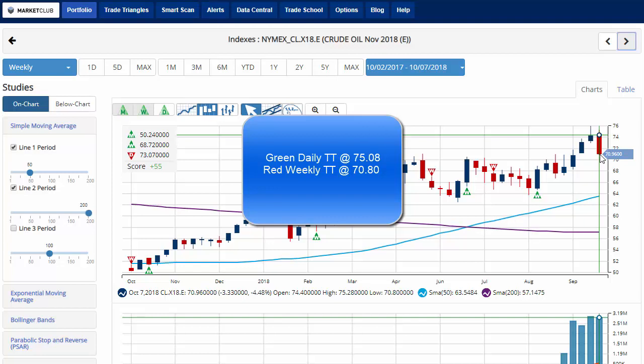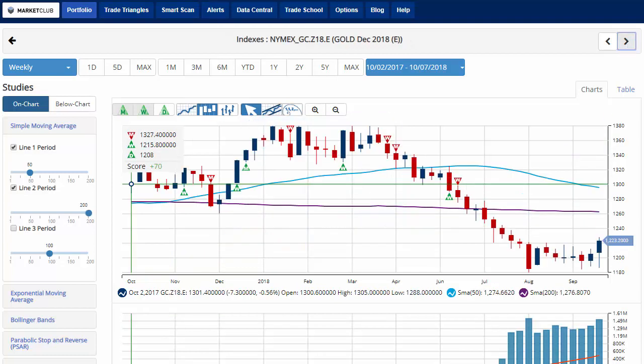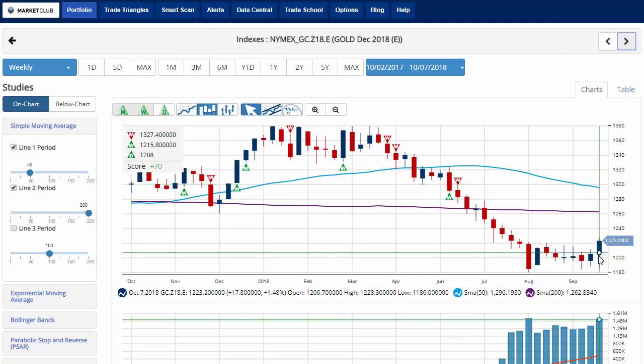position for crude oil. So it's really going to be crucial to see where it opens up trading on Sunday night. If we get below that 70.80 level, or whatever today's low is, that will be what we're looking for a red weekly trade triangle. And all this volatility has given some life to gold out there after a sustained long